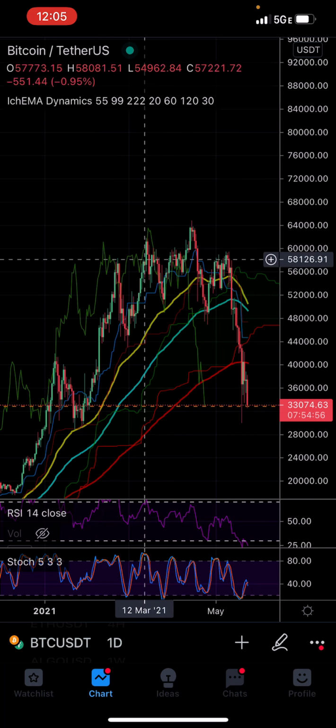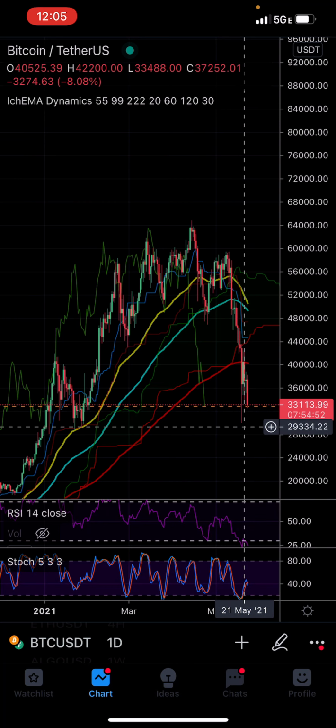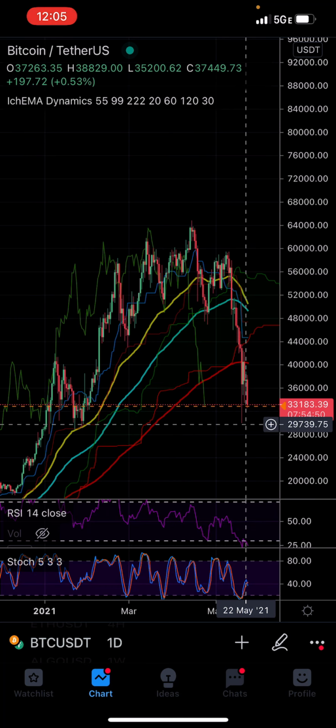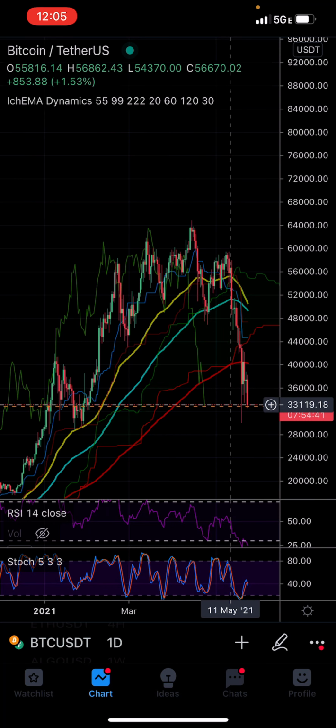Final run up, slowed down, started to curve a little bit, had that rising wedge, and then dump right back to 30K, right at that same support. Since we have such a strong support structure here, this is the ideal spot for that same bounce. So since we had a 50% dump from the top down to here, just like I showed you in 2018,